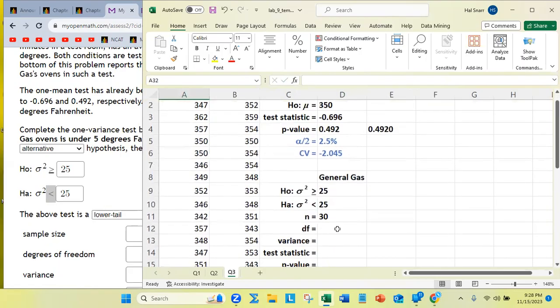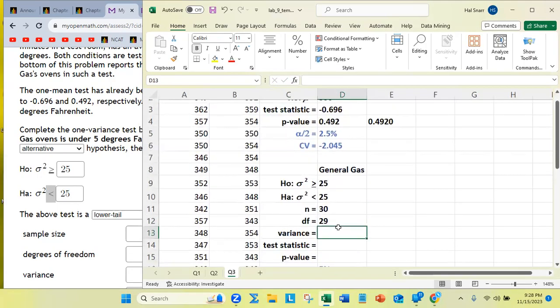Okay, that makes sense, right? Now the degrees of freedom again are what? N minus 1. Now we're going to calculate the variance of the sample. Because remember, we don't know the variance. The variance is unknown. It's the variance of the sample, so we're going to type equal